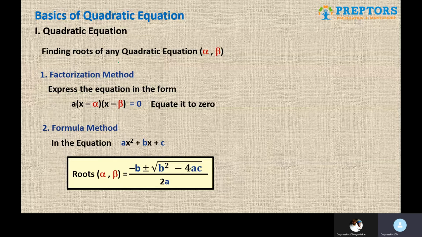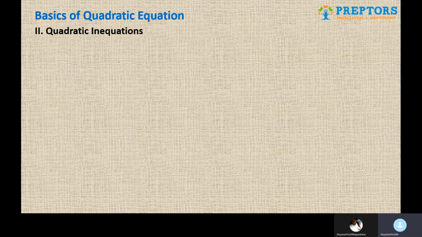Remember folks, this is the very critical part, and this is going to be your bread and butter as far as algebra and quadratic equations are concerned. Hundreds and thousands of times you are going to use these methods and steps, so make sure you are very good at it by practicing more and more such simple questions. The next half of this topic was quadratic inequation. We saw linear inequations in the earlier topic. Here we are dealing with quadratic inequations.